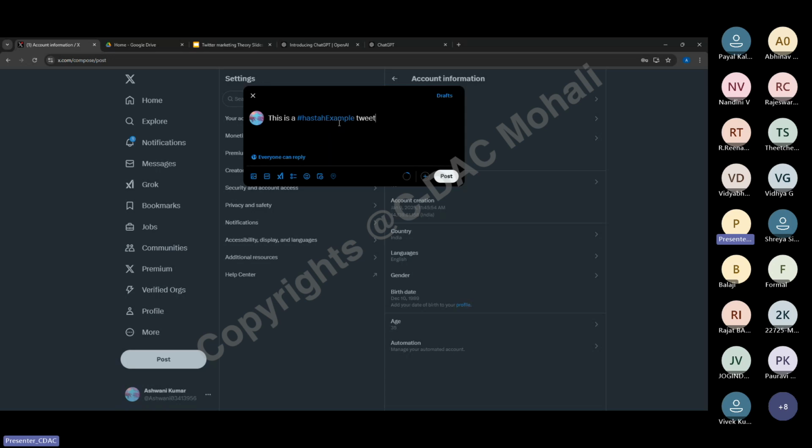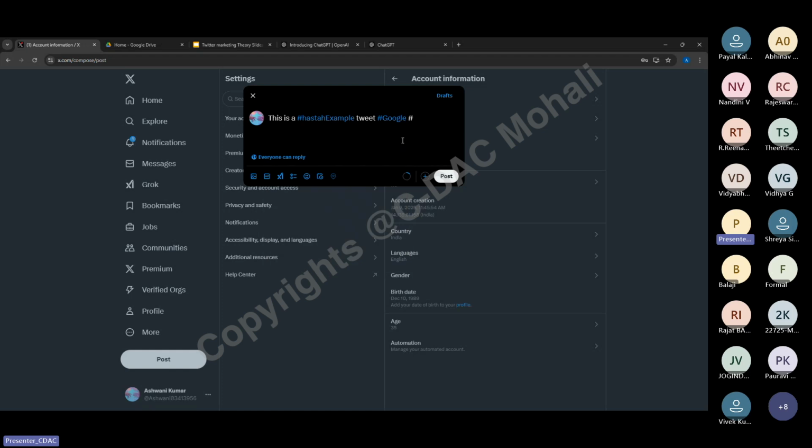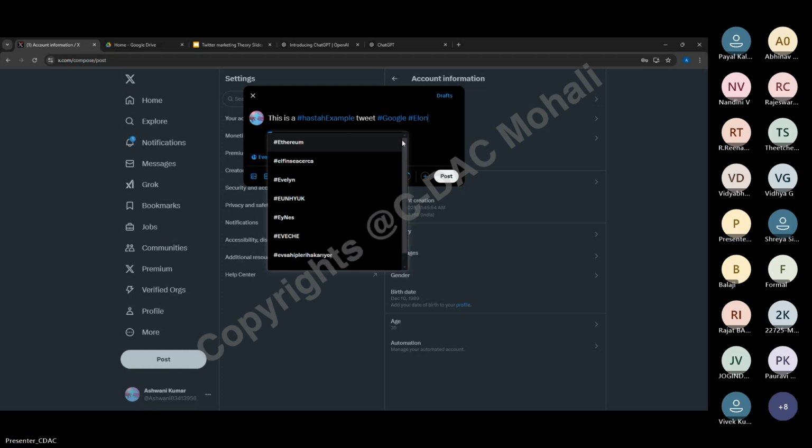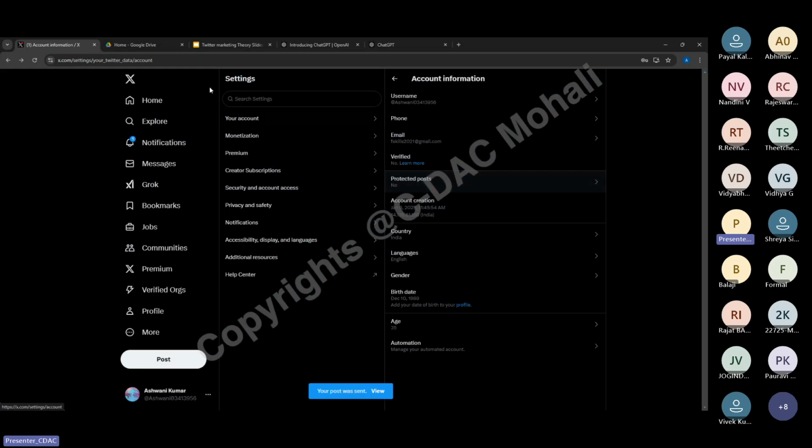So this is how your tweet is going to look. Suppose you can add a couple more hashtags also, like Google or Elon Musk, for example, and post it. So if you see,